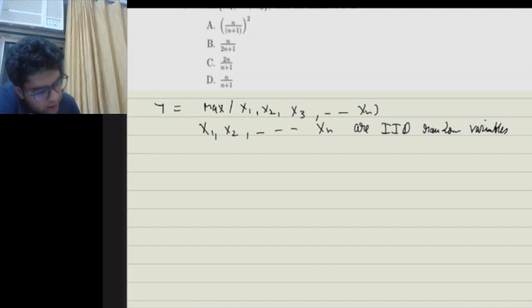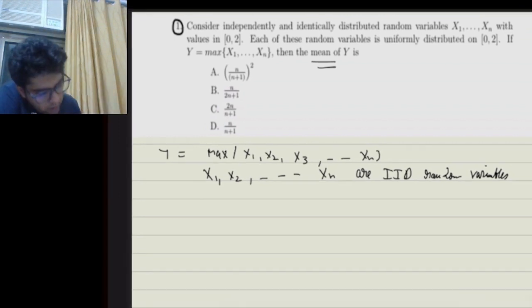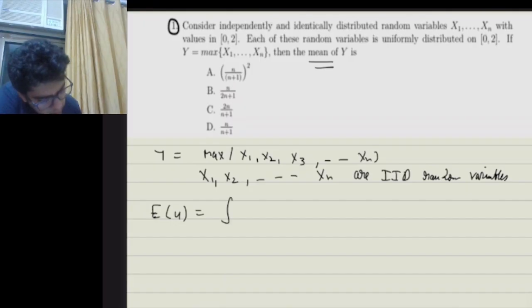Now we need to find the mean of y. For finding the mean of y, I don't have the PDF of y. The formula for any random variable, say x is the random variable, or say u is the random variable here, right? So let u be any random variable, and the formula for finding the expected value of u would be u into f of u du,